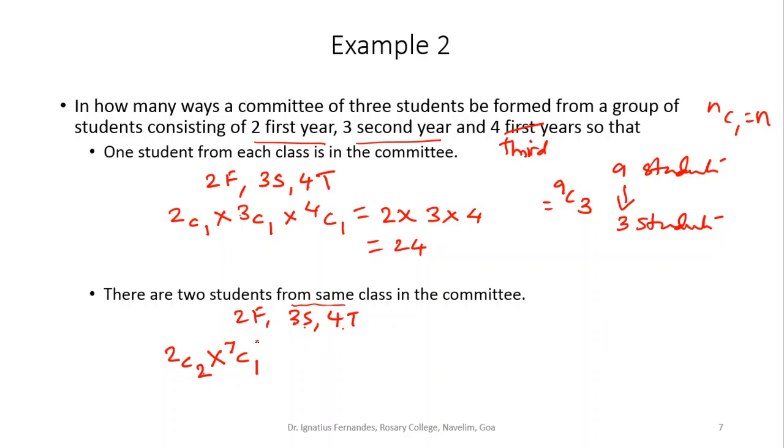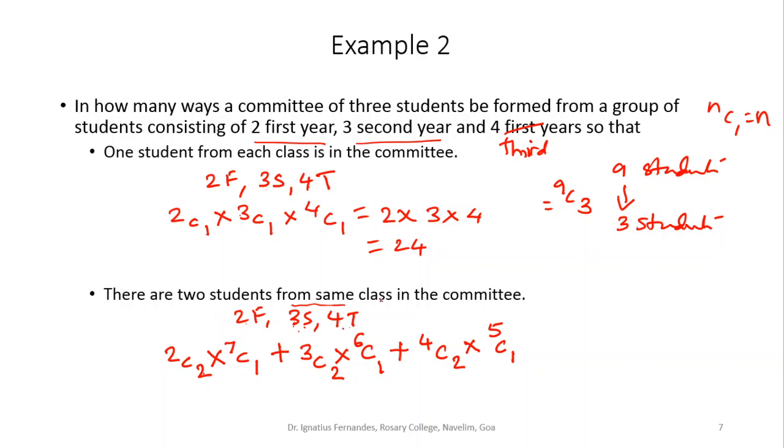So this is a case where I'm taking 2 students from first year, or I may take 2 students from second year. In that case, I'm selecting 2 students from the second year. In that case, the third member should come from either first year or third year. So remaining, this 2 plus 4, 6. So one student I'll select from these 6 remaining students. So 2 from the second year and 1 from the remaining 6 students. Or I may go for 2 students from the third year, because the 2 students are from the same class. So 2 from the third year. In that case, the third member should come from the remaining 2 and 3, that is 5.